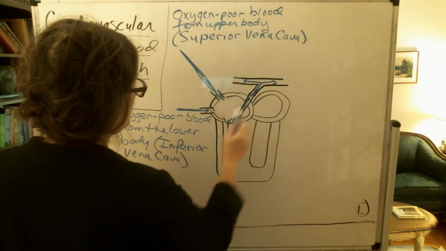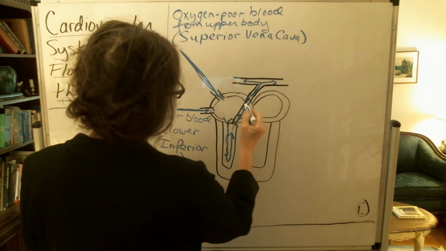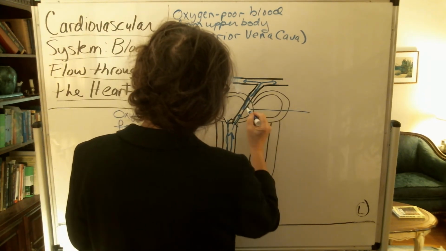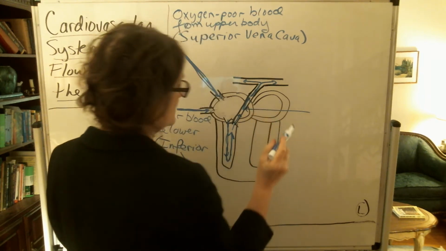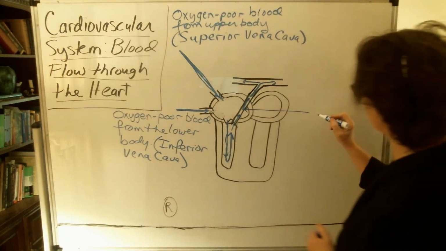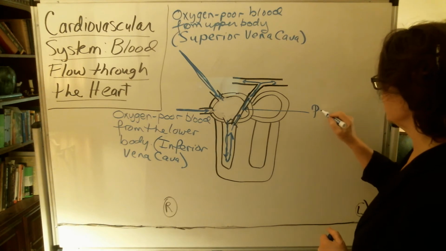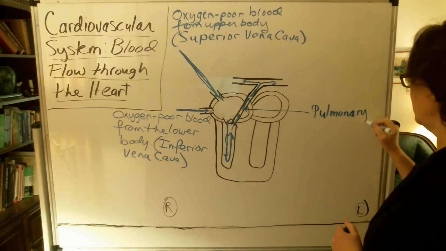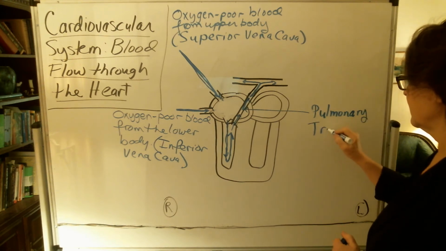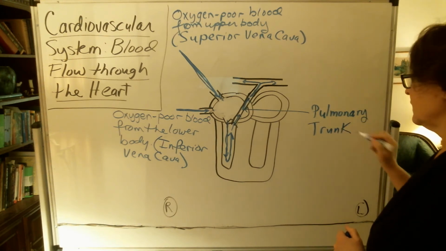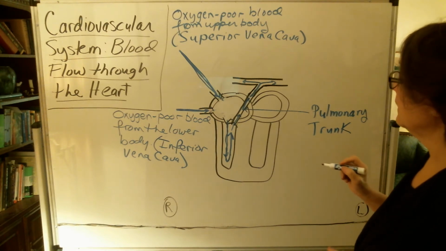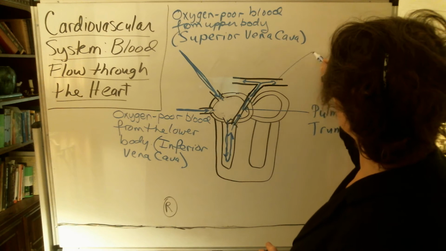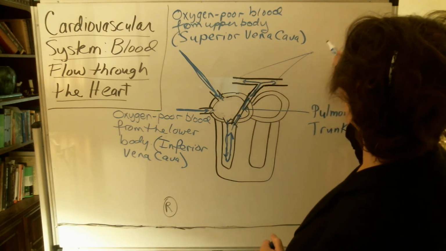So what is that big artery called there? That then is the pulmonary trunk, right there, which then divides up into this and this,